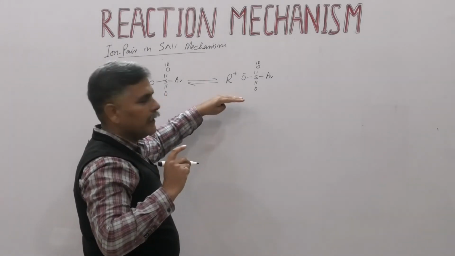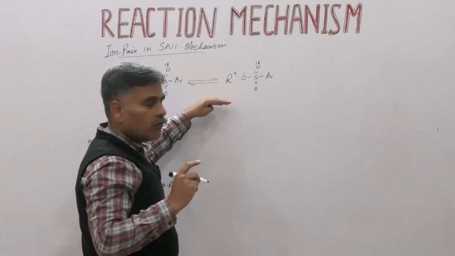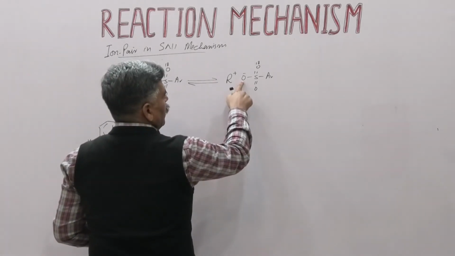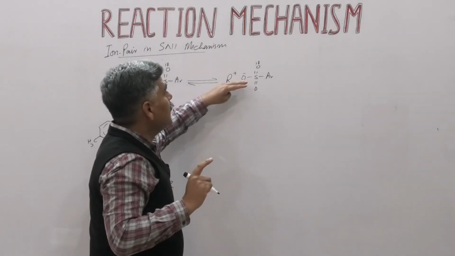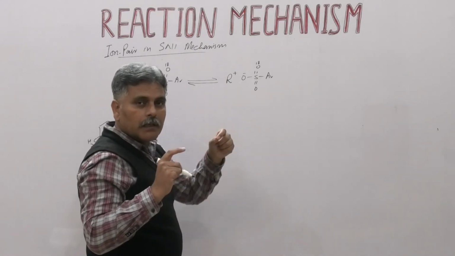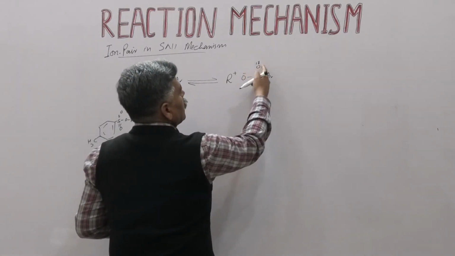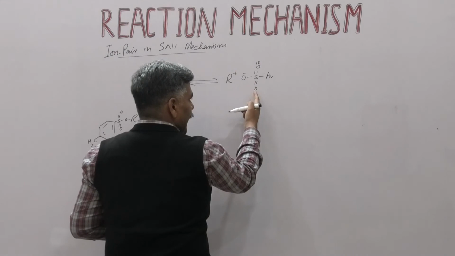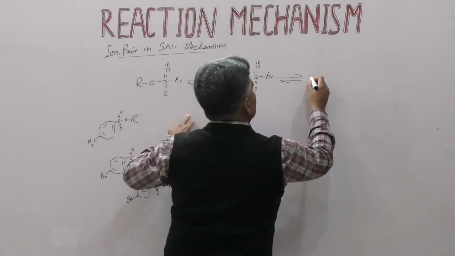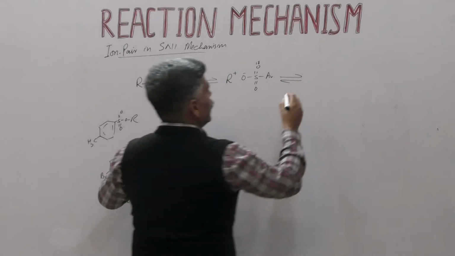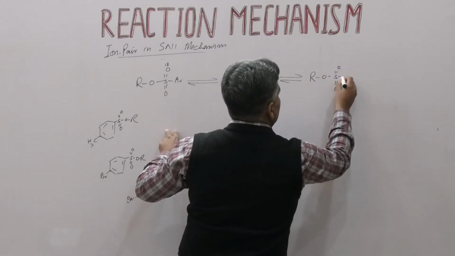So this is an ion pair. This ion pair is involved in SN1 mechanism. This reaction also proves that ion pairs are involved in SN1 mechanism. This is the case when we have 3 oxygens. When ions are formed, though these are not free ions, these 3 oxygens will be equivalent. Oxygen can delocalize the negative charge at this oxygen, also at this oxygen.